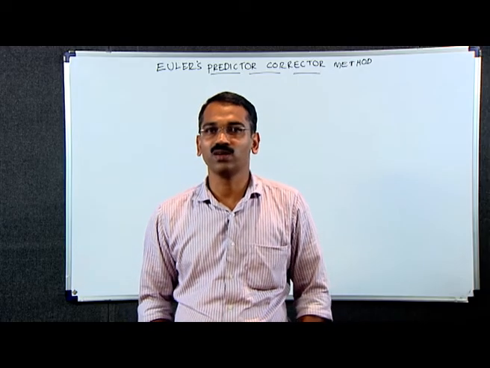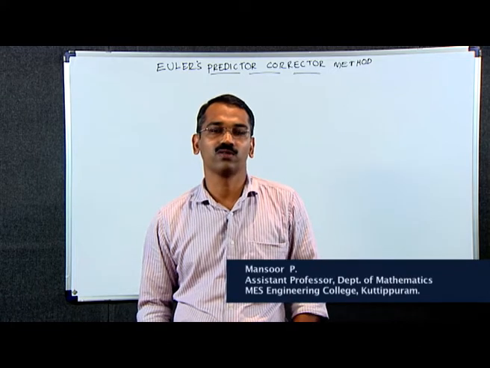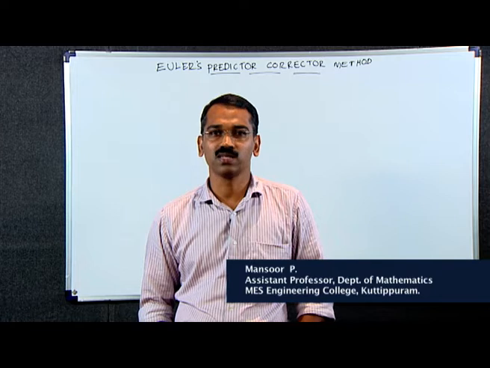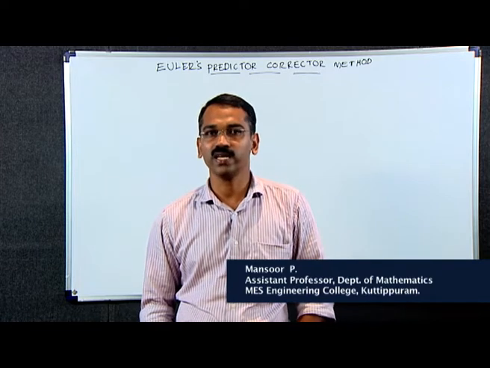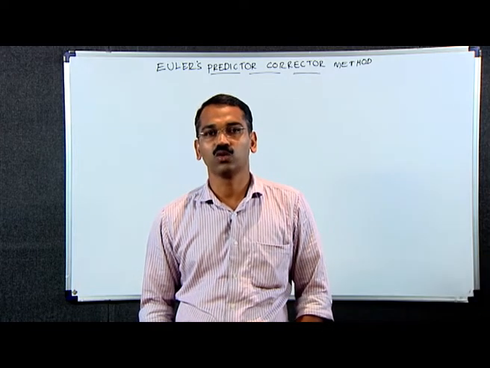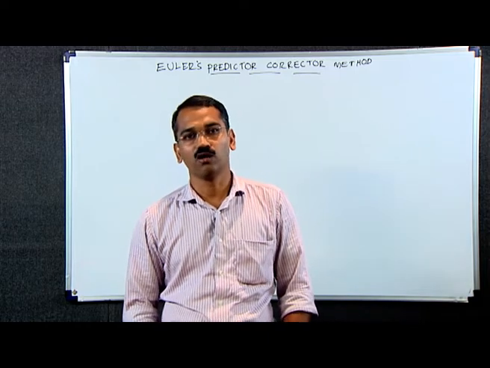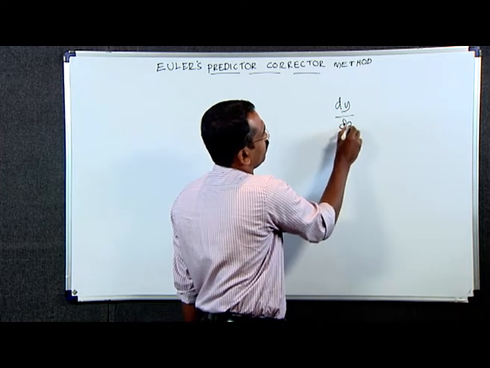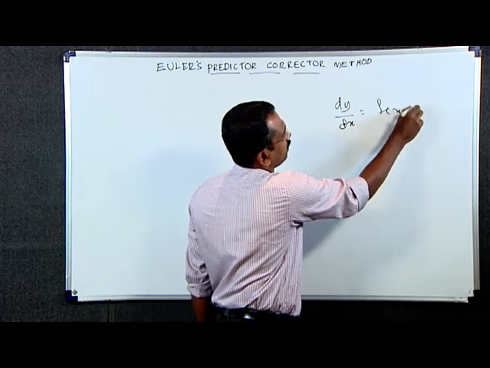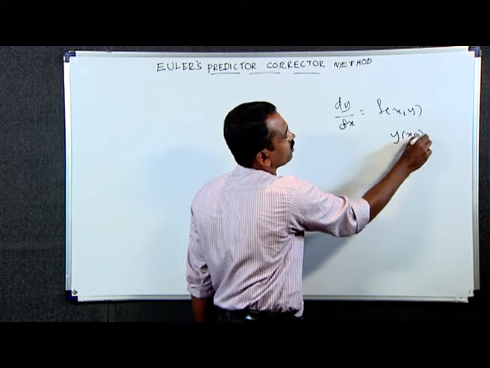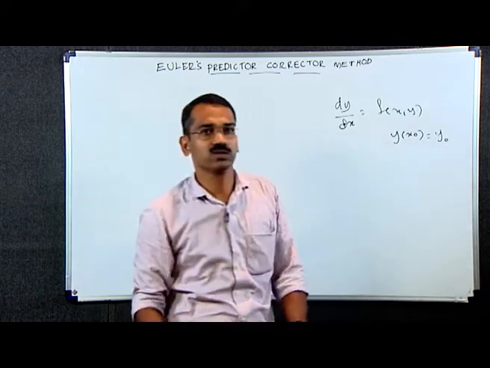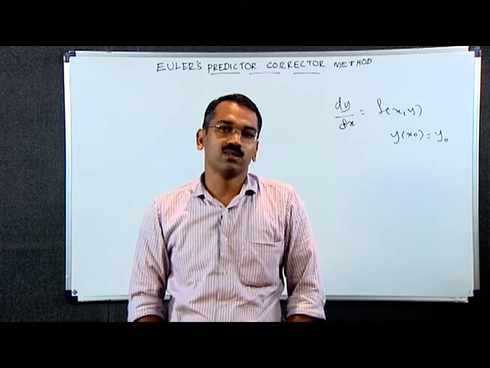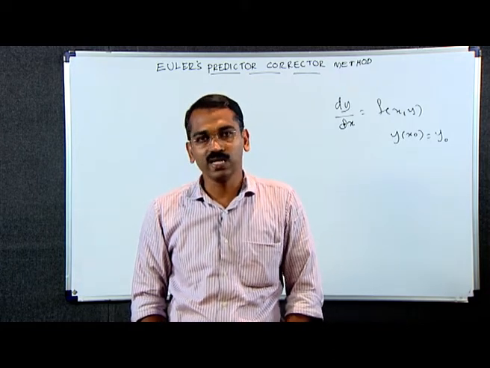Welcome to this session on numerical solution of ordinary differential equations. In the previous sessions, we discussed various numerical methods to solve the differential equation of the form dy by dx is equal to f of x, y, given that y of x naught is equal to some y naught, namely Picard's method, Taylor series method, Euler's method